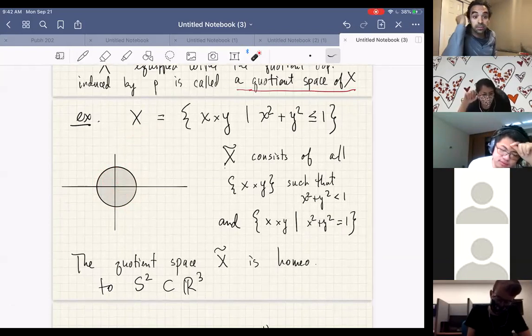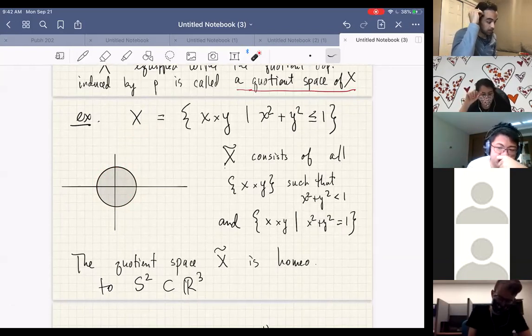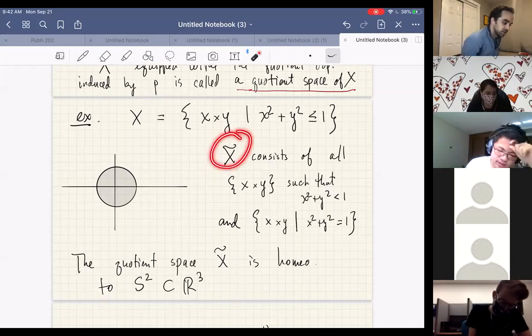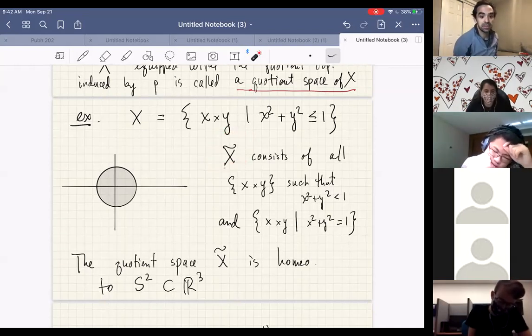So if I take this equivalence relation and put the quotient topology on the set X tilde of equivalence classes, I get a space which is homeomorphic to the two sphere inside three-dimensional Euclidean space, right? And it's intuitively clear that if you collapse the boundary to a point,